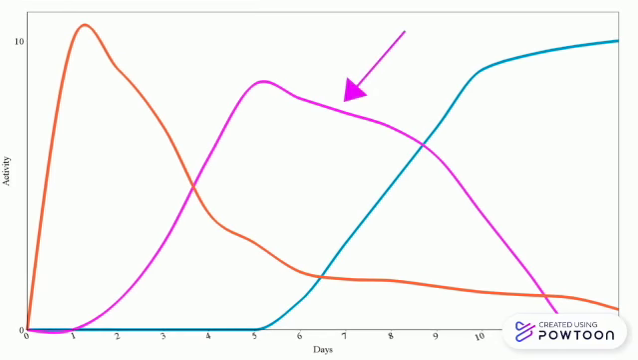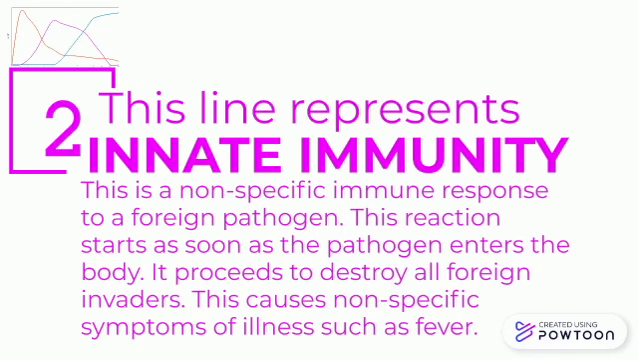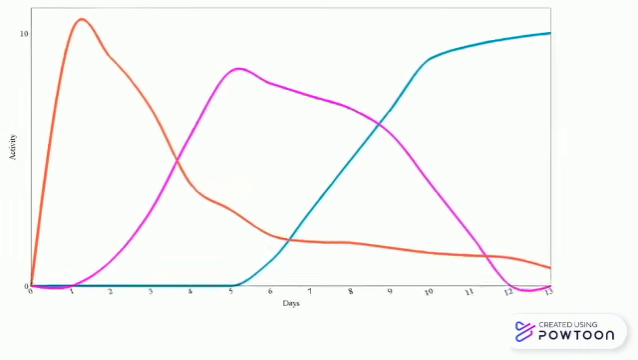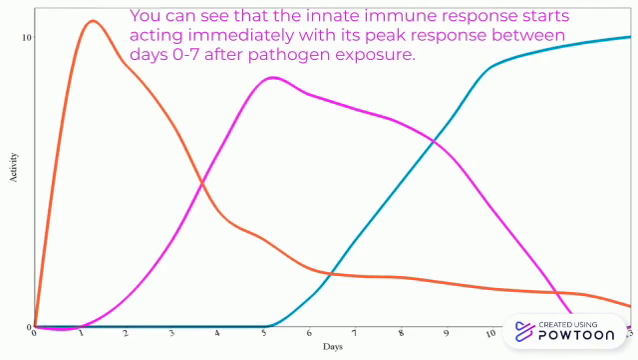The pink line on the chart represents innate immunity. Innate immunity is a non-specific immune response to a foreign pathogen. This reaction starts as soon as the pathogen enters the body and proceeds to destroy all foreign invaders. It causes non-specific symptoms of illness, such as a fever. You can see that the innate immune response starts acting immediately, with its peak response between days 0 to 7